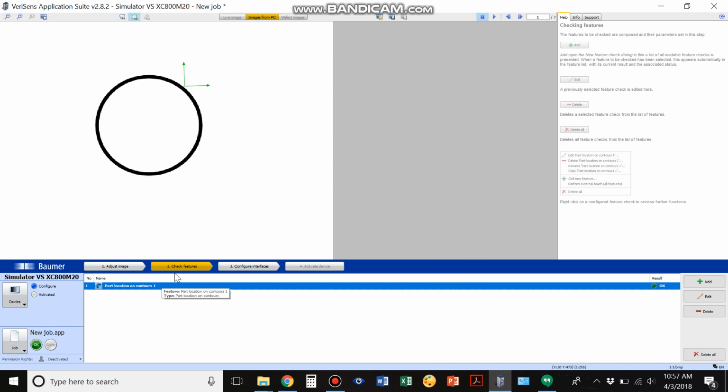So if you go to the Check Features tab, you can see here I've already set up a part location on contours tool, and that's just going to track this circle as it moves within the image. And these circles I've just drawn through the paint application on my computer, so they're not perfectly round, which is good because it'll show how the roundness changes as the circles change as well. So I think I drew an oval here as well, so you're going to see how that roundness percentage is